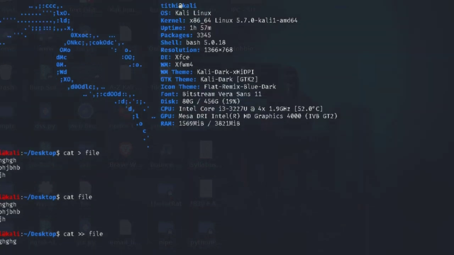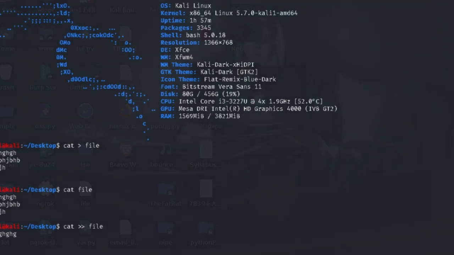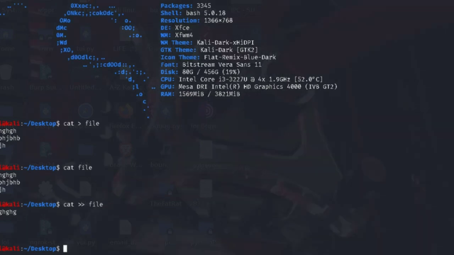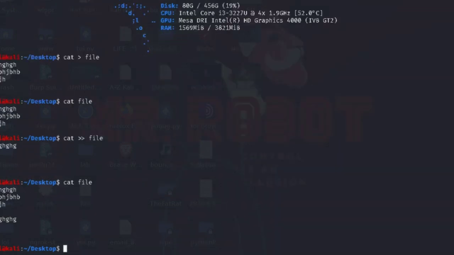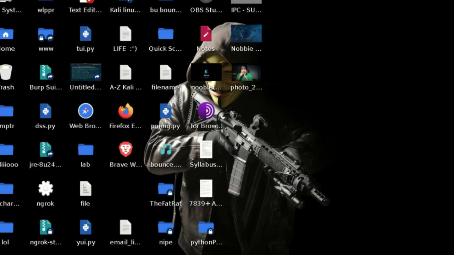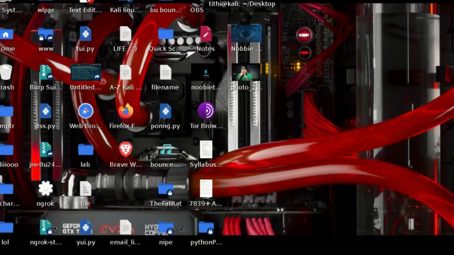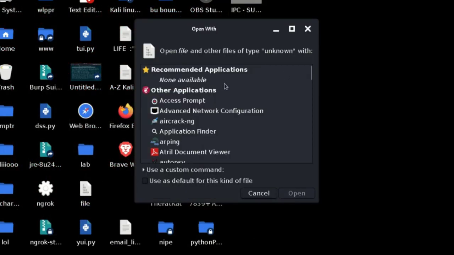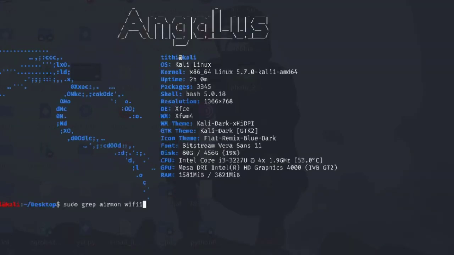And also you can modify the file just by typing cat, the double greater than sign, and the file name, and write whatever you feel like. To check it again we can type cat file and this will give you the final result. And after that, if you want to check it with the GUI version, you can't do that because it will open only with terminal commands. It will be there on the screen but you can't open it. It will show it has failed to open.